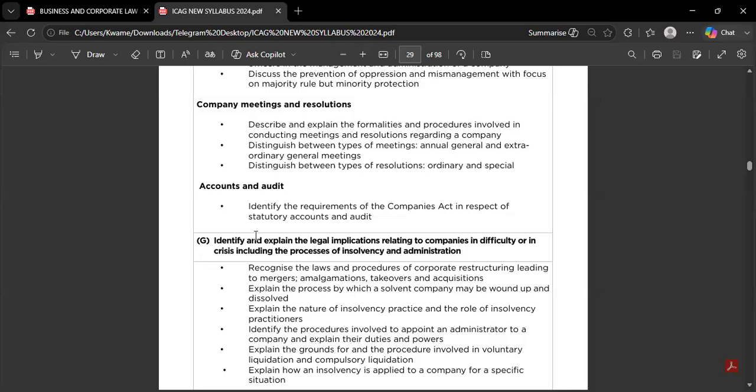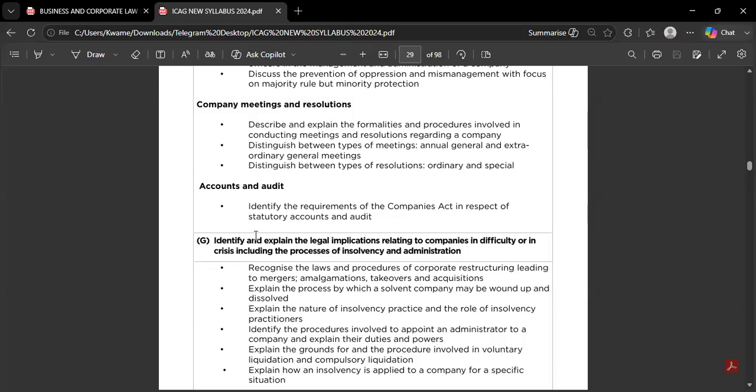Then we have resolution. What's a resolution? We know that resolution has to do with decision making when it comes to companies. So the company's decision making process is what we call a resolution. When they arrive at a decision, that's what we call a resolution. And usually this resolution is arrived at through voting. The voting could be by raising of hands, by ballots, or by polls, or however the company and the constitution decide that they do it. And we have what we call ordinary resolution, and special resolution.